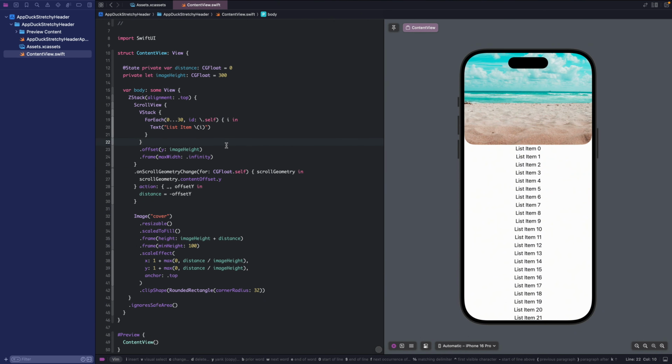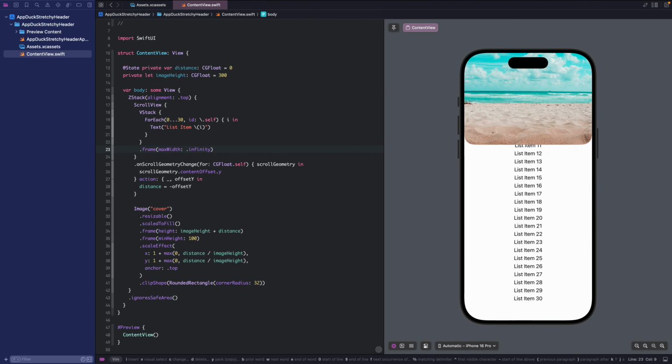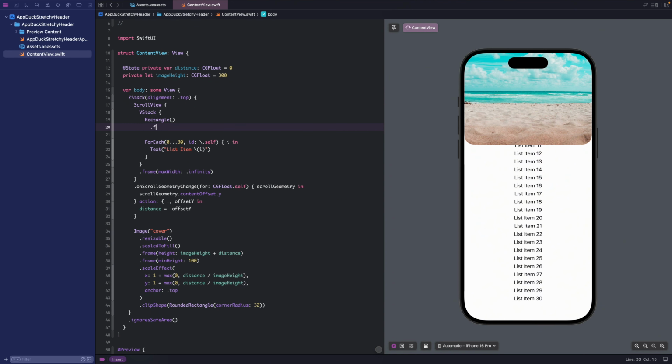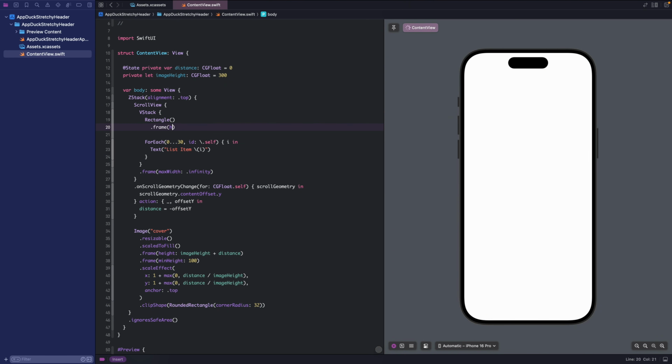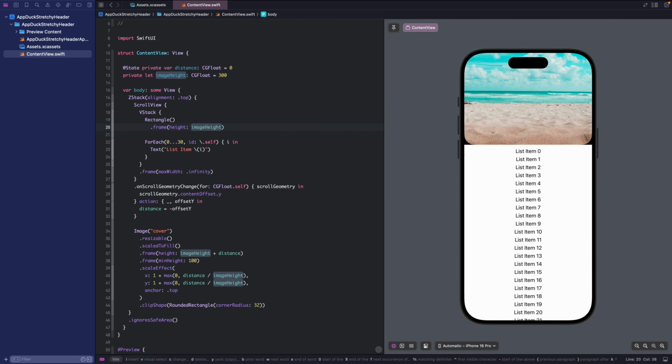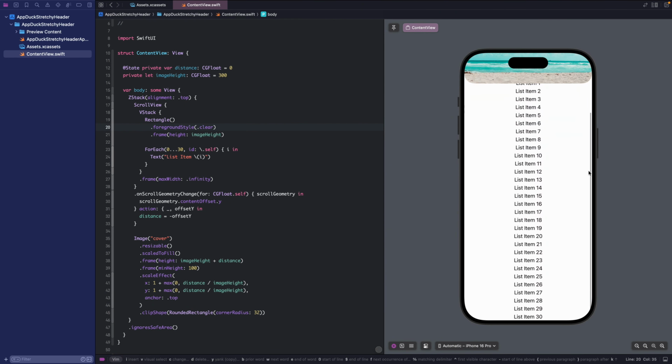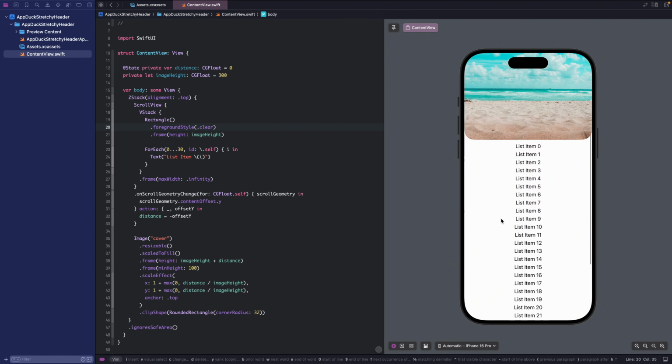I'll try to fix that by adding a fake content using a rectangle instead. Now we can see all items.